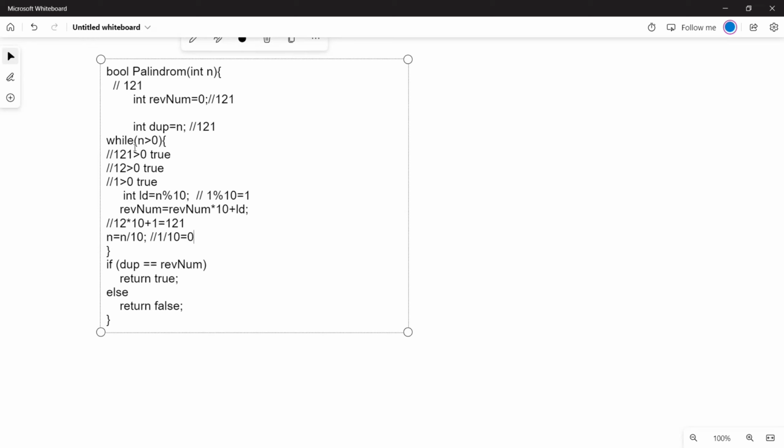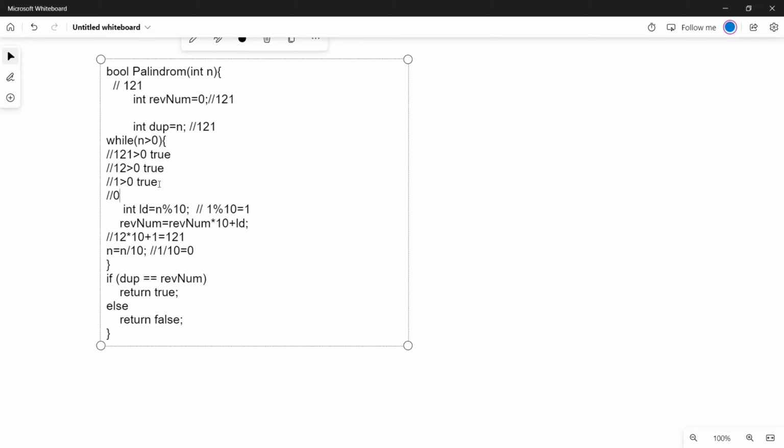So we again check the condition because we are inside the loop. Now is 0 greater than 0? No, false. So we jump out of the while loop body and check the condition: if duplicate equals reverse num.